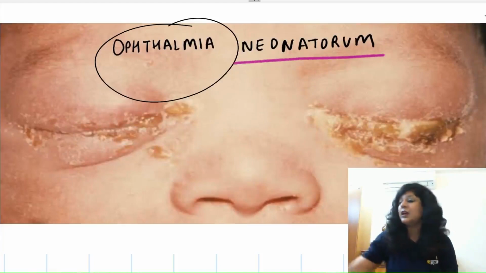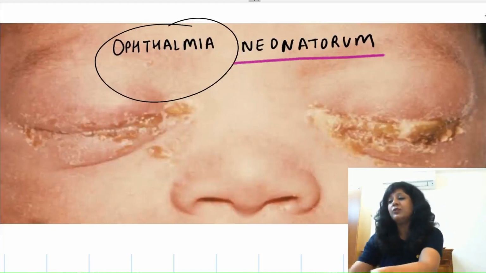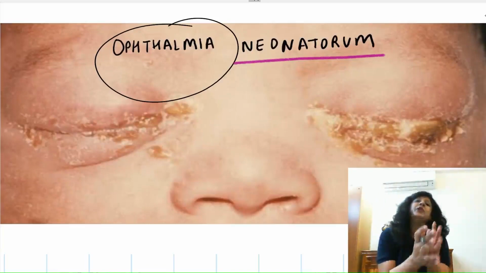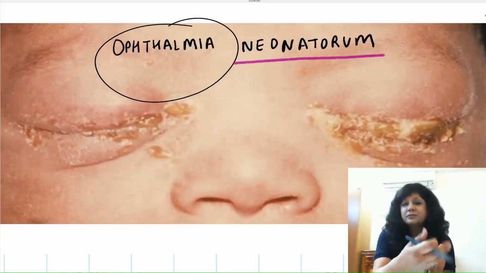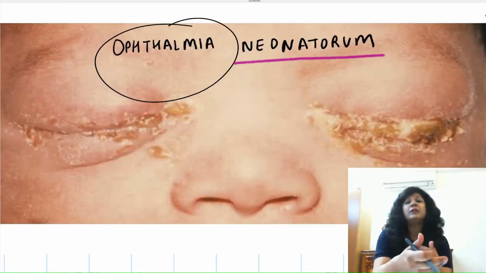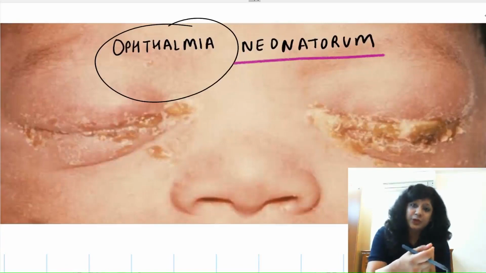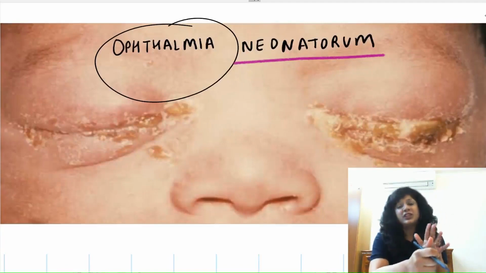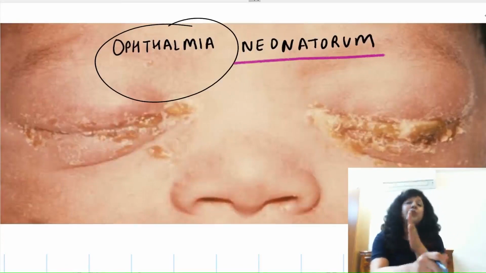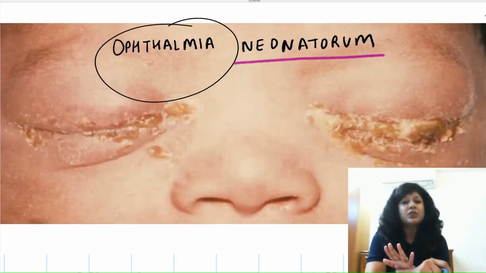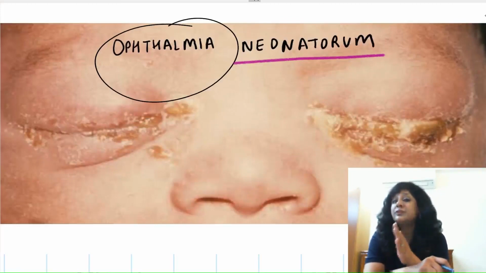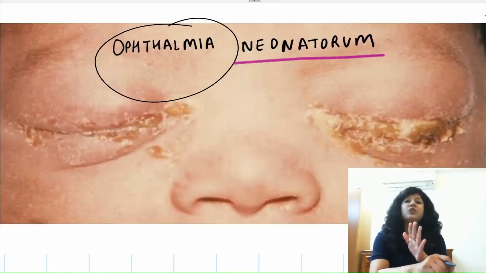Now usually the kind of questions you have to attempt on this ophthalmia neonatorum is the DD. They will say that so many hours or so many days after birth a child is coming. So first of all, you have to suspect ophthalmia neonatorum by any kind of discharge. Even if watering is present, you have to suspect it, because tears are not formed till 28 days. Tear formation takes place between 4 to 6 weeks. So even if watering is there, you have to suspect.